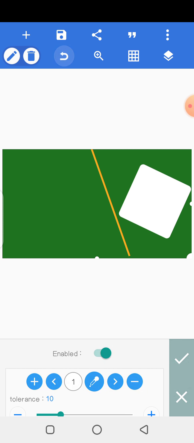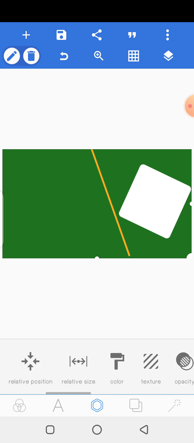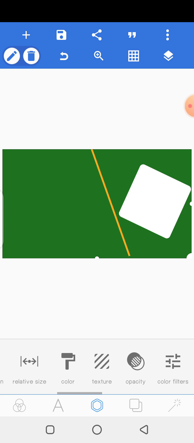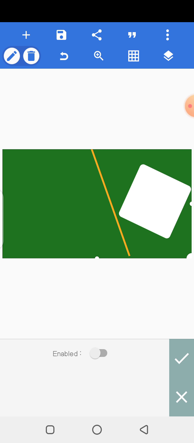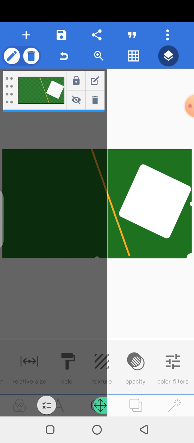But peradventure I'm actually using a white background, so I can just change the color of these over here. I can change the color of this particular one that I have. I'm going to tap on it. Okay, because I've merged them, I've not been able to. So I'm just going to